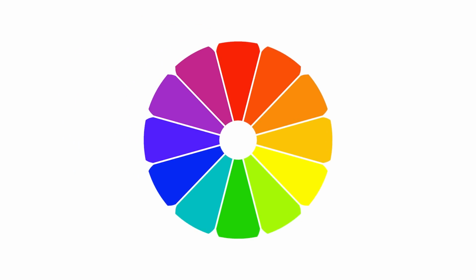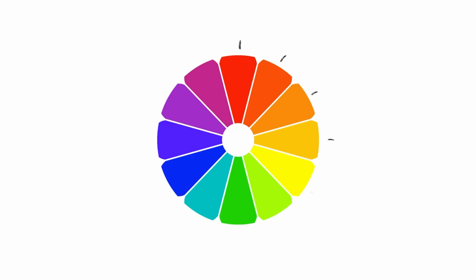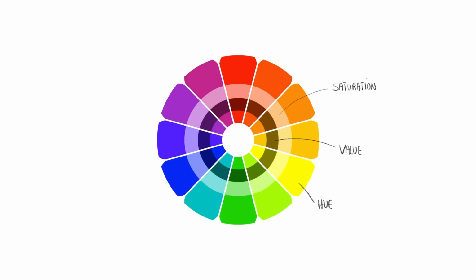Now, the hue represents the position on the chromatic circle. It's like a light frequency, basically. When we talk about colors, we're really talking about the hue, the value, and the saturation combined. Colors can be bright or dark, saturated or not, and of different hues. Makes sense? Anyways, now that we got that out of the way, let's go back to the monochromatic color harmony